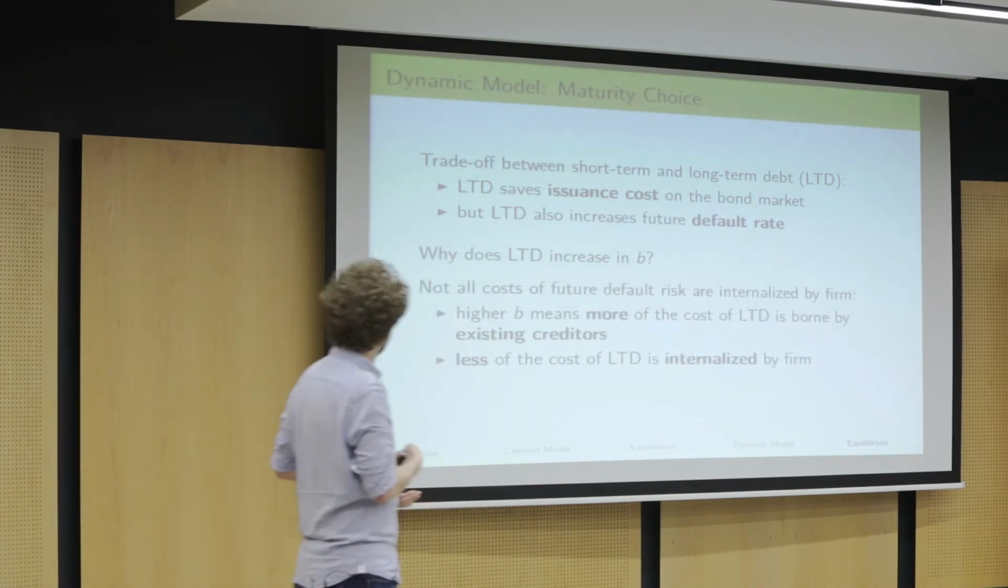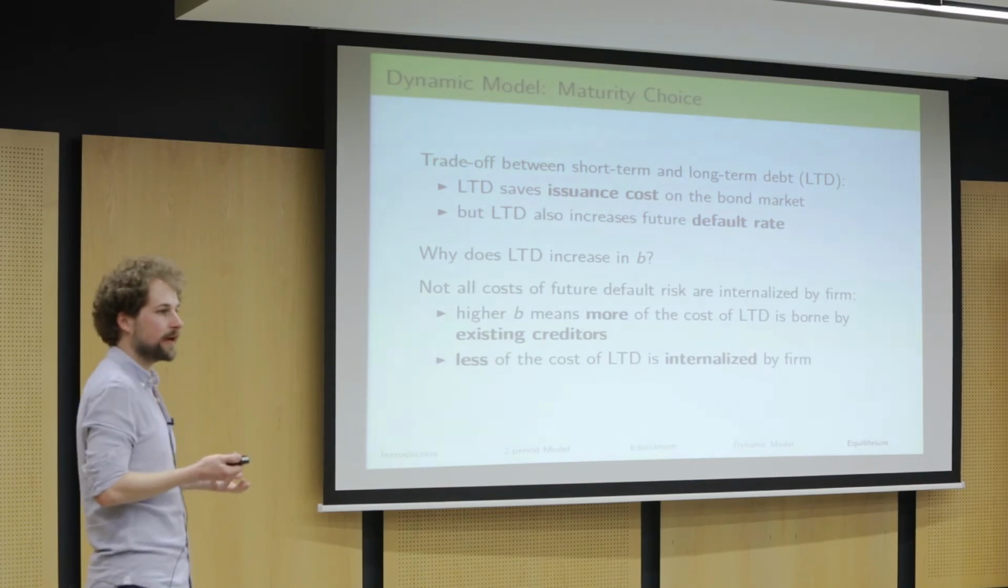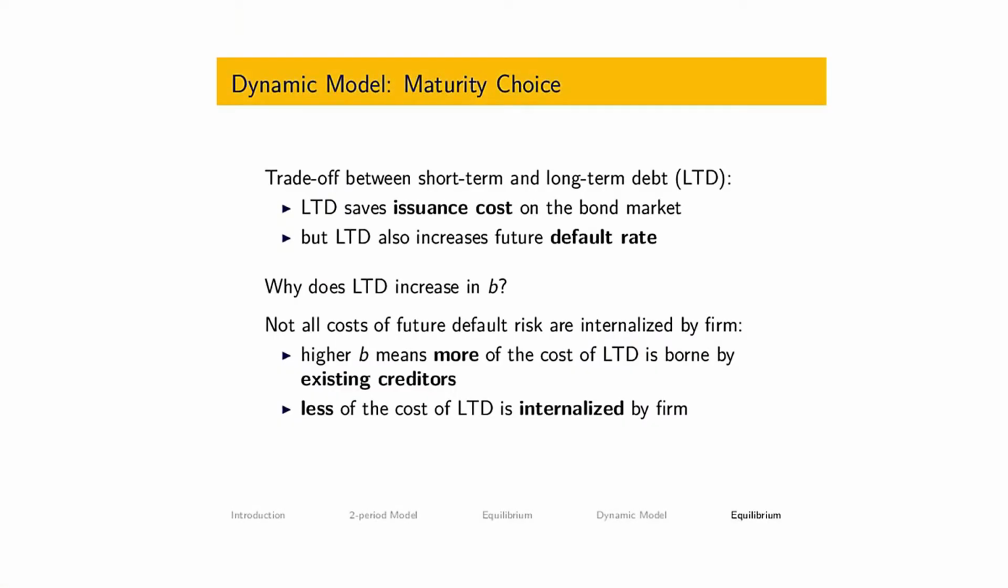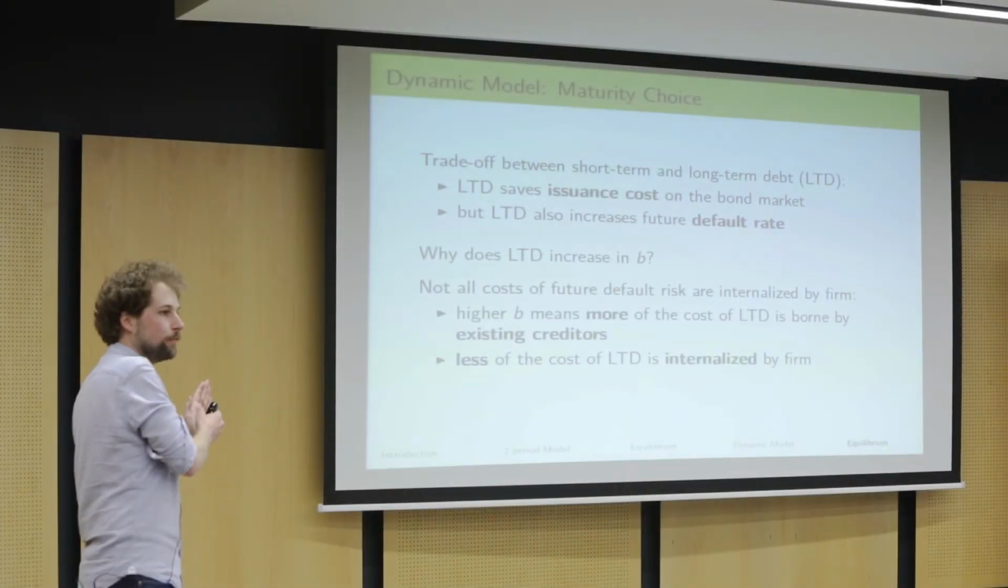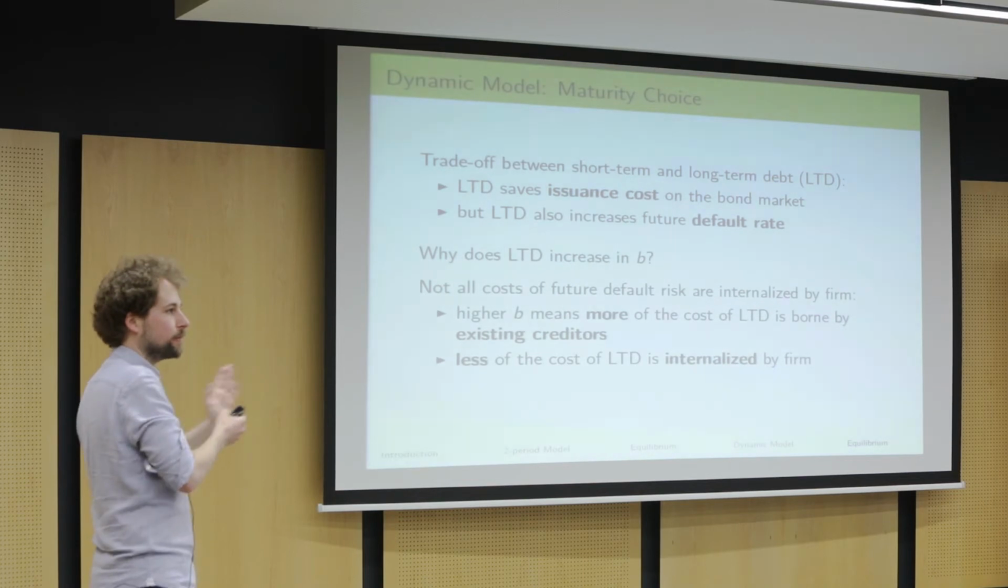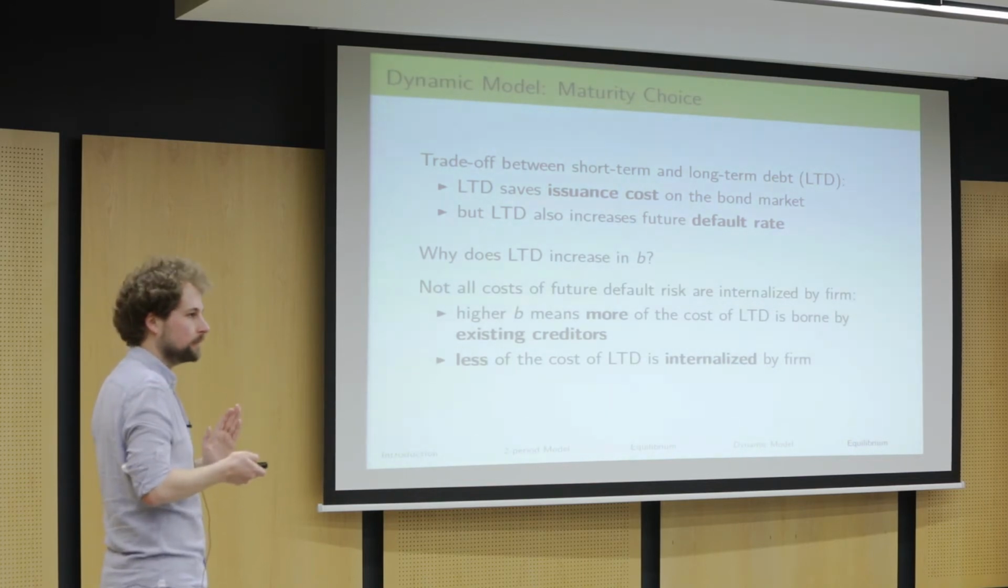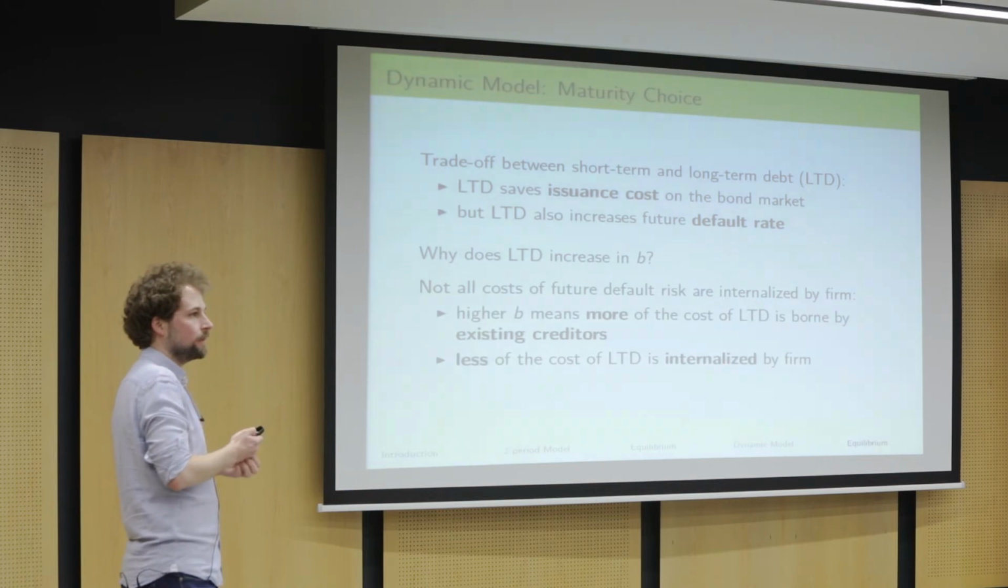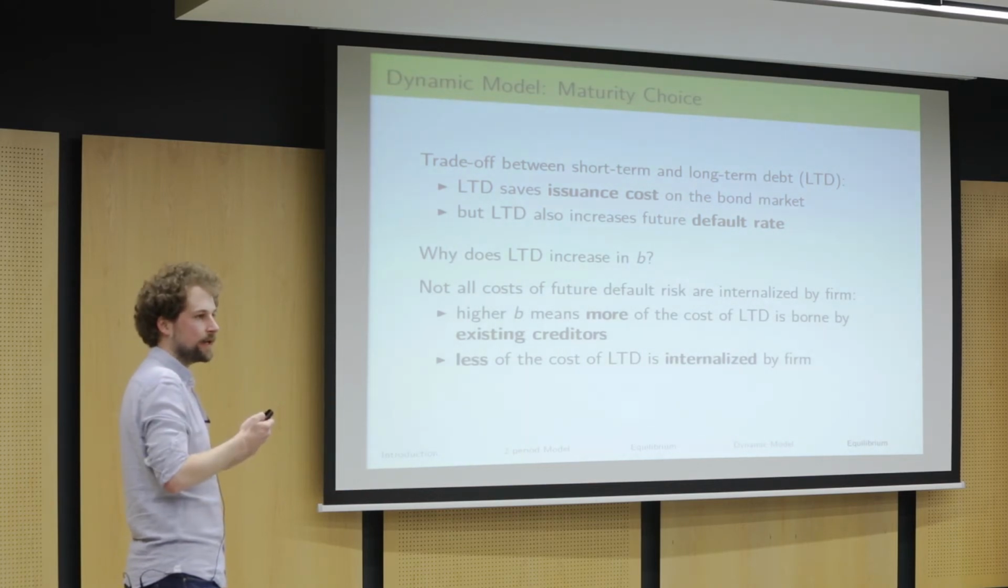And the reason is that not all costs of this higher future default risk are actually borne by the firm today. Because high default risk in the future also hurts the people who have already bought your long-term bonds in the past. And the higher the debt, the higher the share of the cost borne by these creditors. And that's why the firm, for the same reason why there is this whole action in default risk in the first place, chooses to have more long-term debt, the higher the stock of existing debt. Okay? And in the end, there's a commitment problem here. Because in the end, of course,